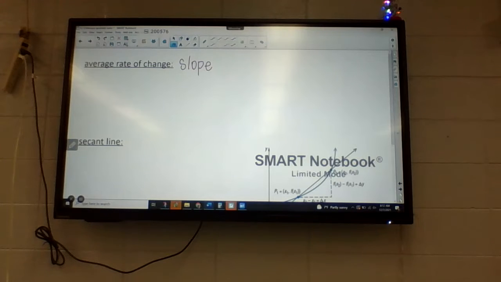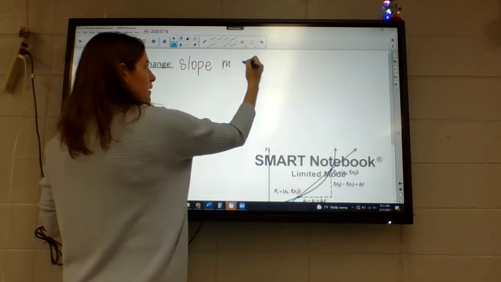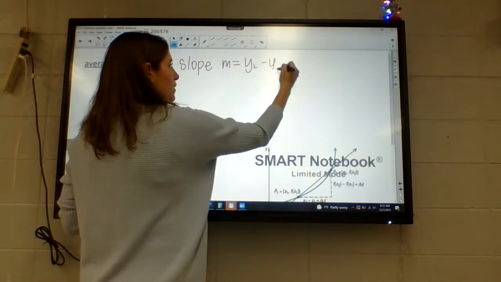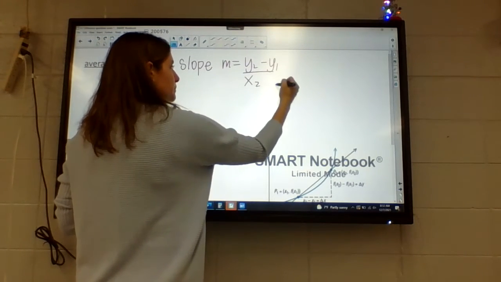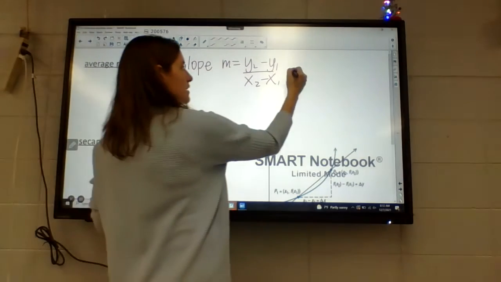Now they're going to write this a little bit different than we've seen before, because we're used to slope being y2 minus y1 over x2 minus x1. Again, we're in pre-calc now, so we have to make it look really fancy. One of the ways they show is they write this as, does